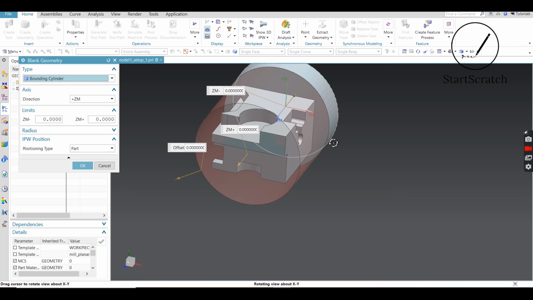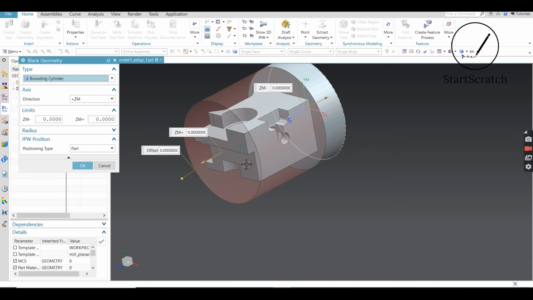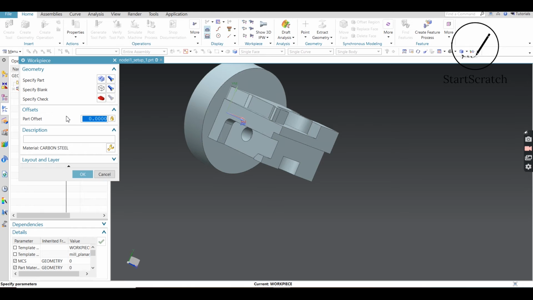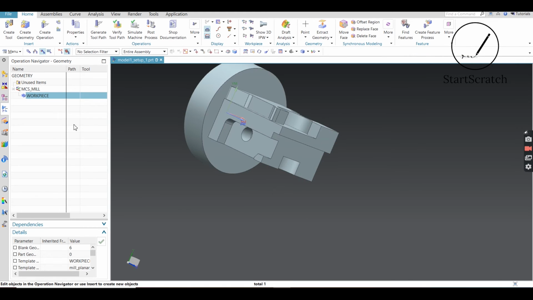See, this would be our initial workpiece, and the part enclosed in this body would be the reference geometry. So our geometry is prepared. Now we can go for the other programs as well.